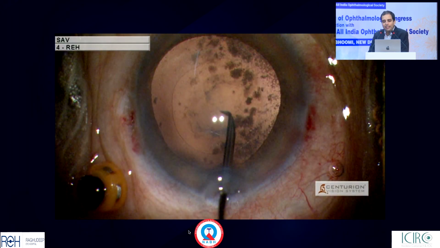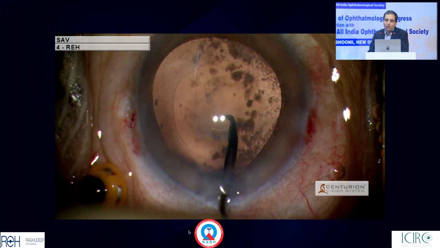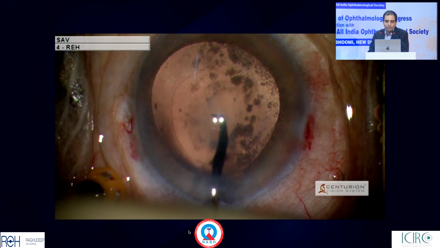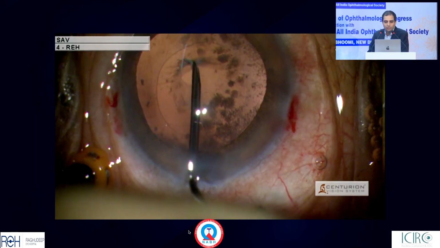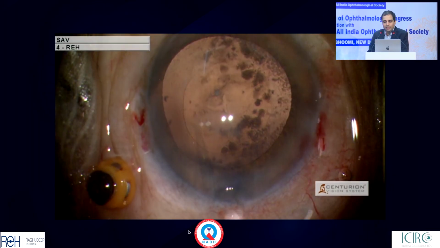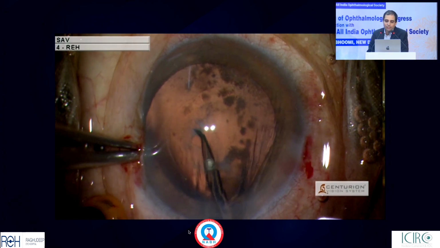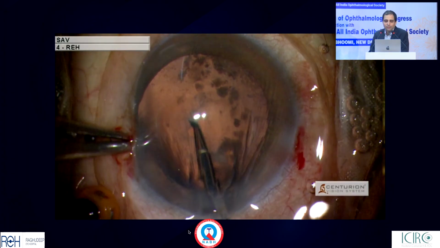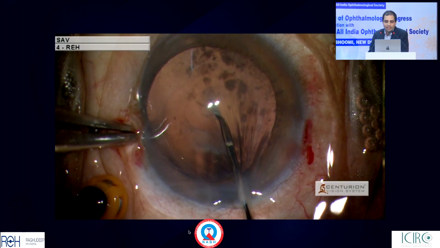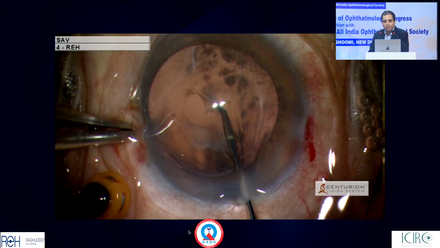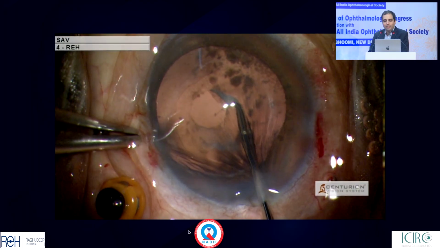by attempting a plaque peeling, or if required, a posterior capsulorhexis. So having realized that this plaque is so stuck to the posterior capsule, there is no way to create a plane in it. So since the silicone oil is removed, I am not worried about silicone oil prolapsing in the anterior chamber. So I am going ahead and trying to convert this opening into a posterior capsulorhexis, which will act